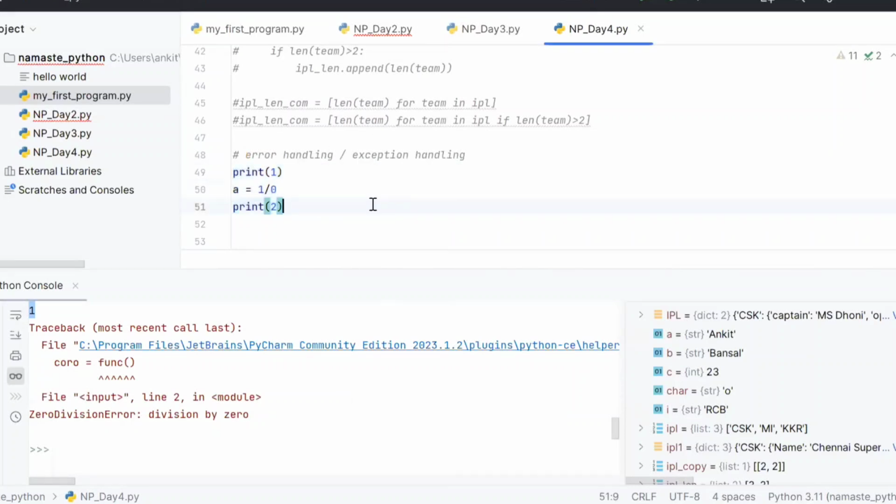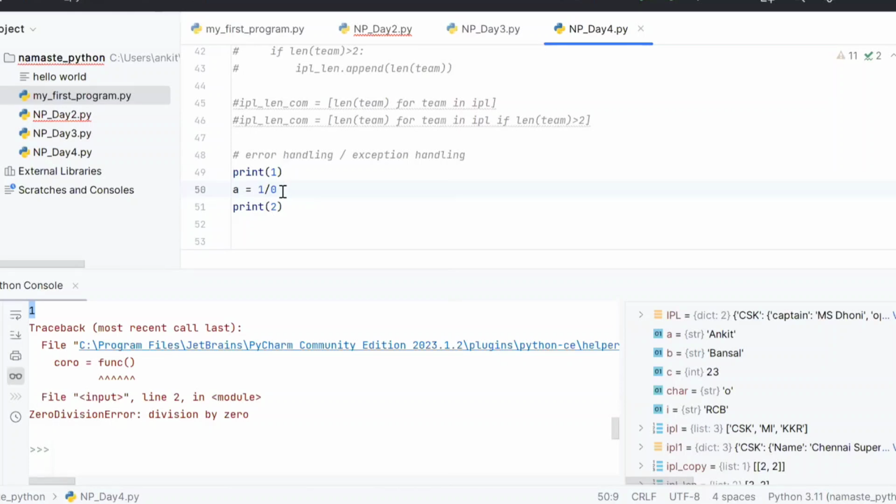nothing after that, right? So we said that Python is an interpreted language. So it runs the first line, second line error, and third line is not printed. Why? Because there is an error, and the whole program is stopped immediately with that error, right? Now, many times in our application, we don't want that. We want that if some problem is happening, we take some action based on that, and then we want to continue the user journey, right? It should not happen that if there is some error, the site will crash and it will not work, right? So for that, we have the concept of exception handling.